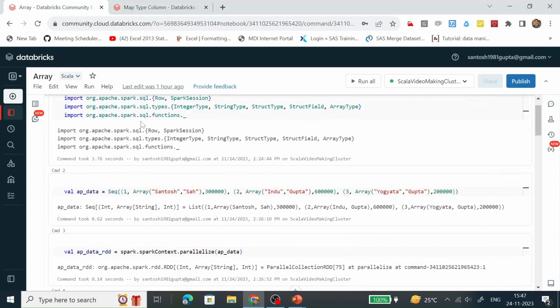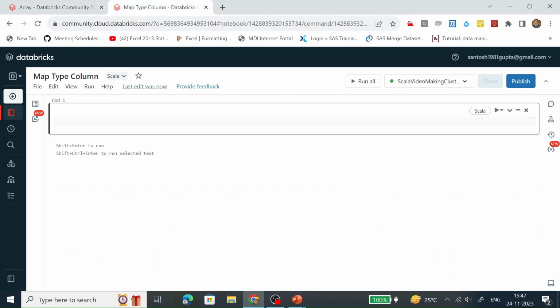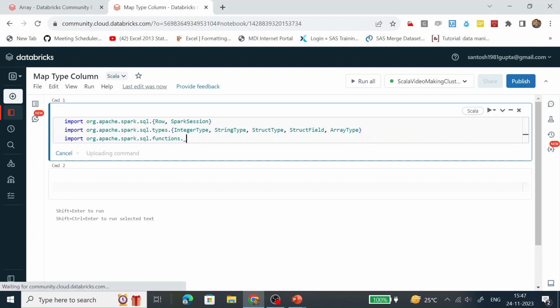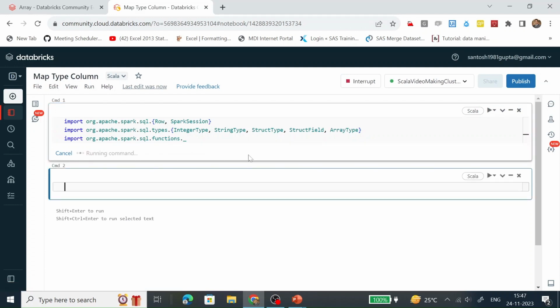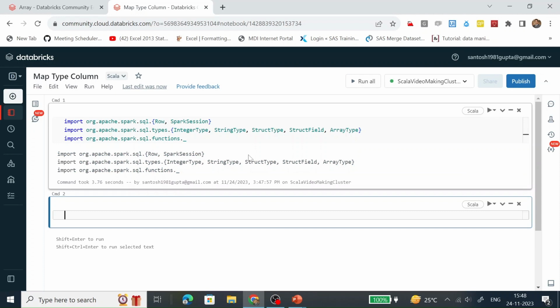Let's first copy this code which is going to import all the required libraries in this notebook. Okay, so all the required libraries are available in this notebook.